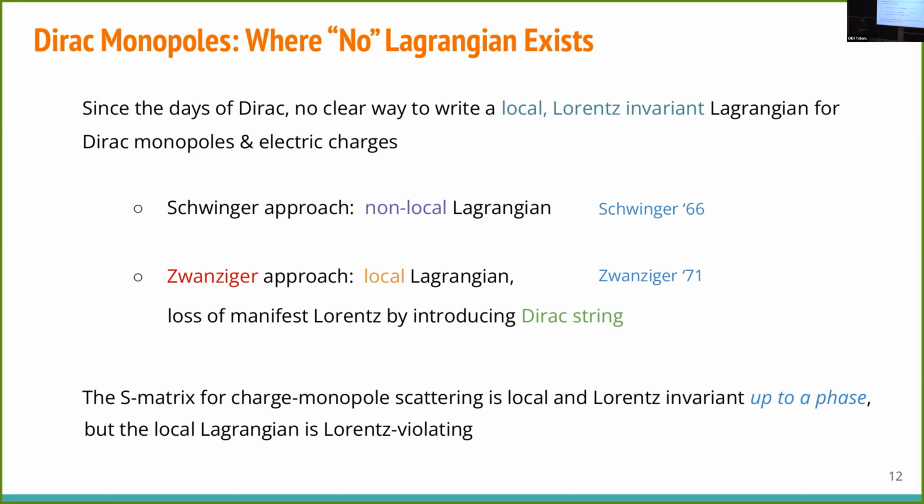Now Weinberg did the same thing. He had a Lorentz-breaking Lagrangian, and he wanted to calculate the scattering amplitude, just a one photon exchange between the charge and the monopole. And he calculated it, and he said, okay, if the amplitude is string dependent, but when I square it, I get a cross section which is manifestly Lorentz invariant, that would be fine. But then he squared the amplitude, and he saw that even the cross section was Dirac string dependent. So his conclusion was, this is nonsense.